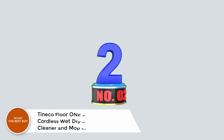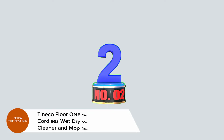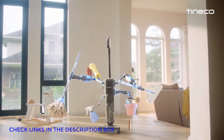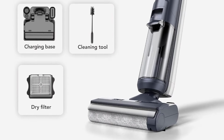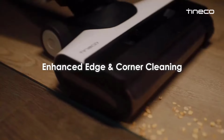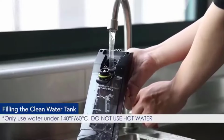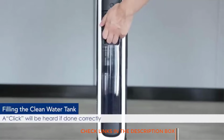Number 2, Tineco Floor 1S 5 Smart Cordless Wet Dry Vacuum Cleaner and Mop for Hard Floors. The Tineco Floor 1S5 Smart Cordless Wet Dry Vacuum Cleaner and Mop is the ultimate tool for effortless cleaning on hard floors. This 2-in-1 vacuum and mop combines cutting-edge iLoop smart sensor technology to automatically adjust suction, water flow, and brush roller speed, ensuring a thorough clean for any mess, wet or dry. The exclusive brush roller design allows for deep cleaning along baseboards and hard-to-reach corners, leaving your floors dry and streak-free